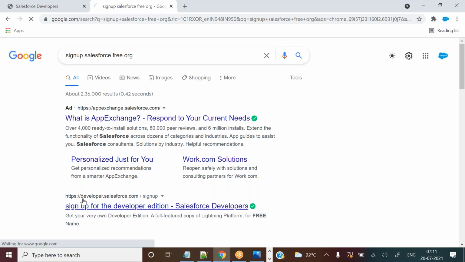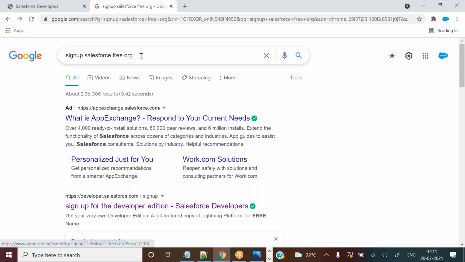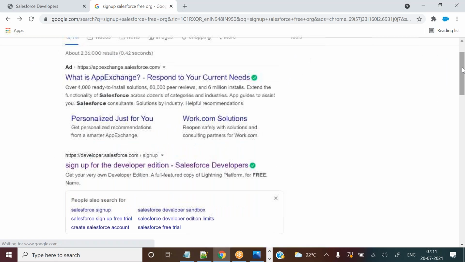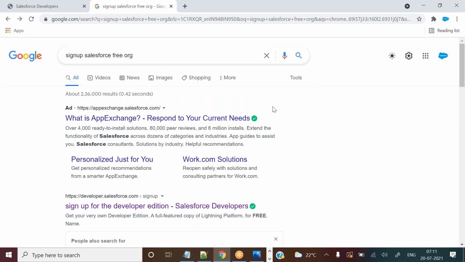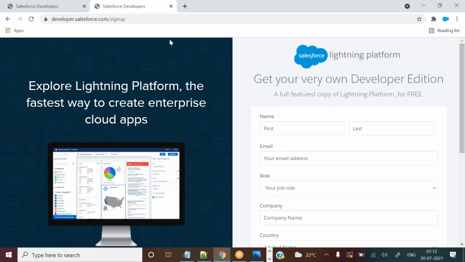You can see developer.salesforce.com. Don't try to remember these URLs; try searching in Google, because Google search is also very important. From today onwards you can learn that way. You can see sign up for Salesforce Developer Edition, so you can search like this and open it.